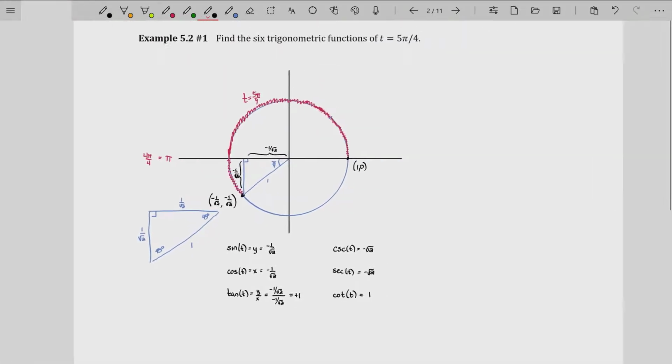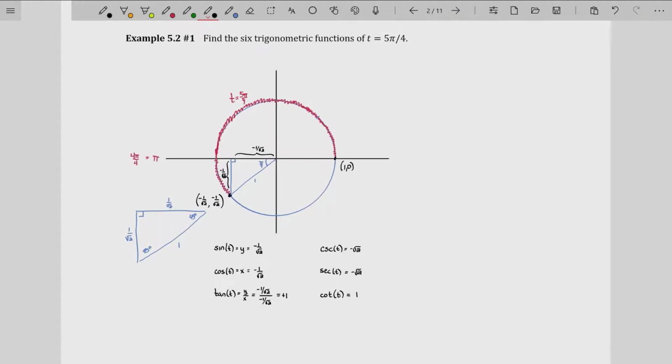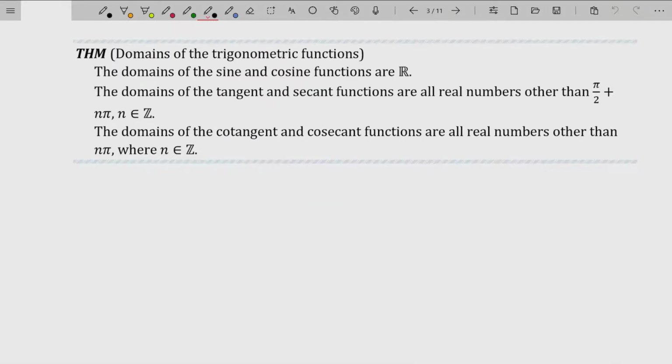Very fast problem normally. I kind of talked my way through it, but normally that problem should be very fast for you. By the way, at this point in pre-cal, you can use trig however you want to. So if you want to do right triangle trig the entire time, then I highly recommend it. That's absolutely fine. The unit circle definition of trigonometric functions allows us to quickly discuss the domains of the trig